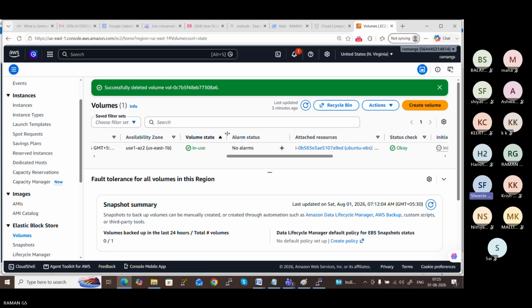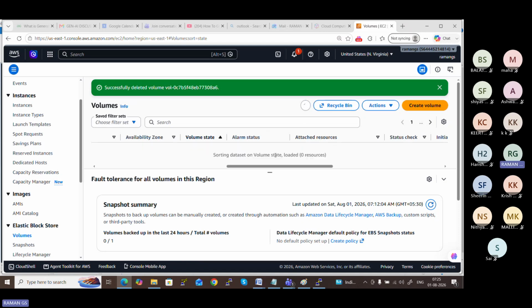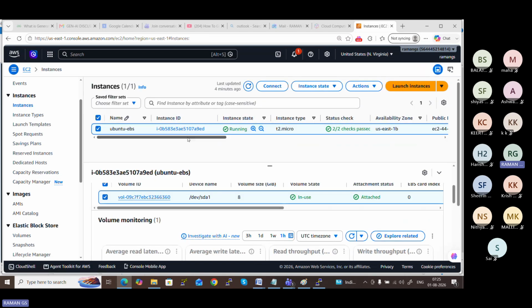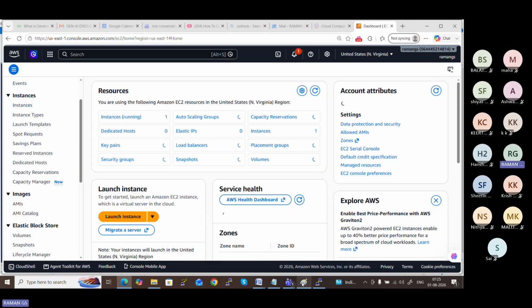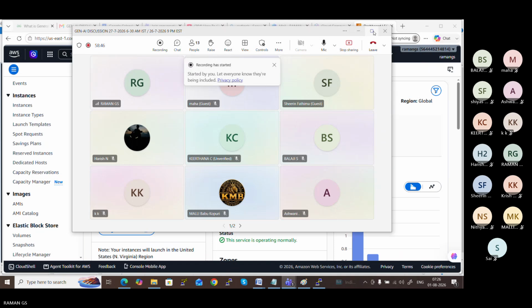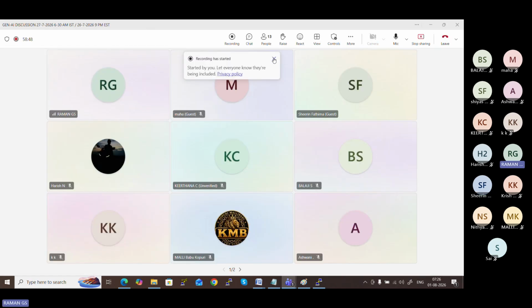Yes, sir. So now the second part of discussion is very important. Let me have some conceptual overview of S3. Please don't hesitate. If you have any doubt, without any hesitation, you can clarify.